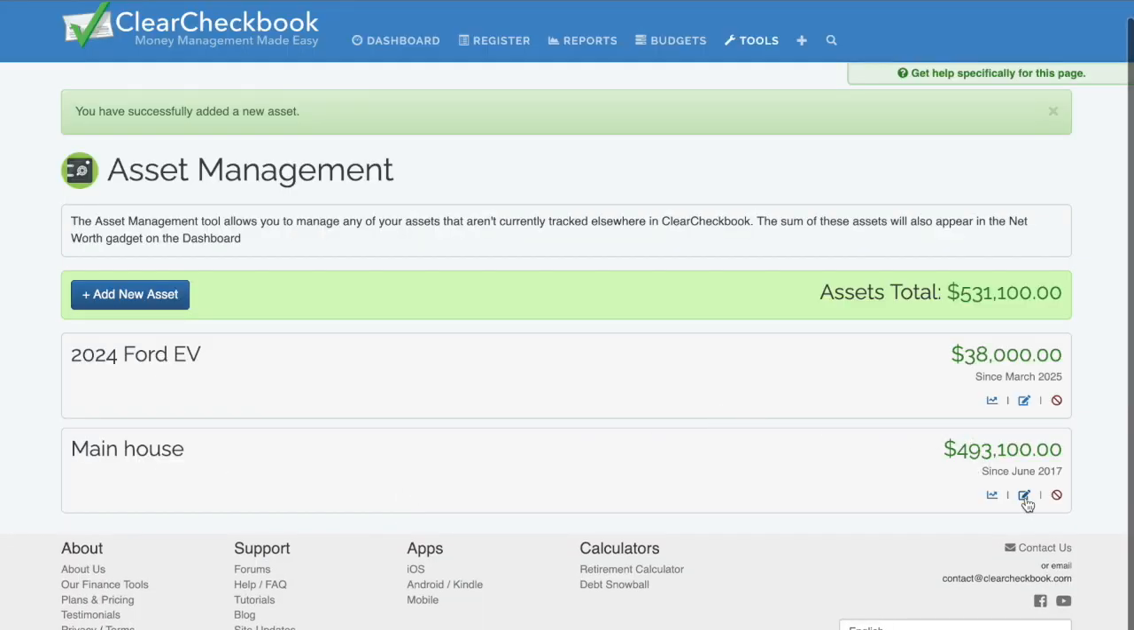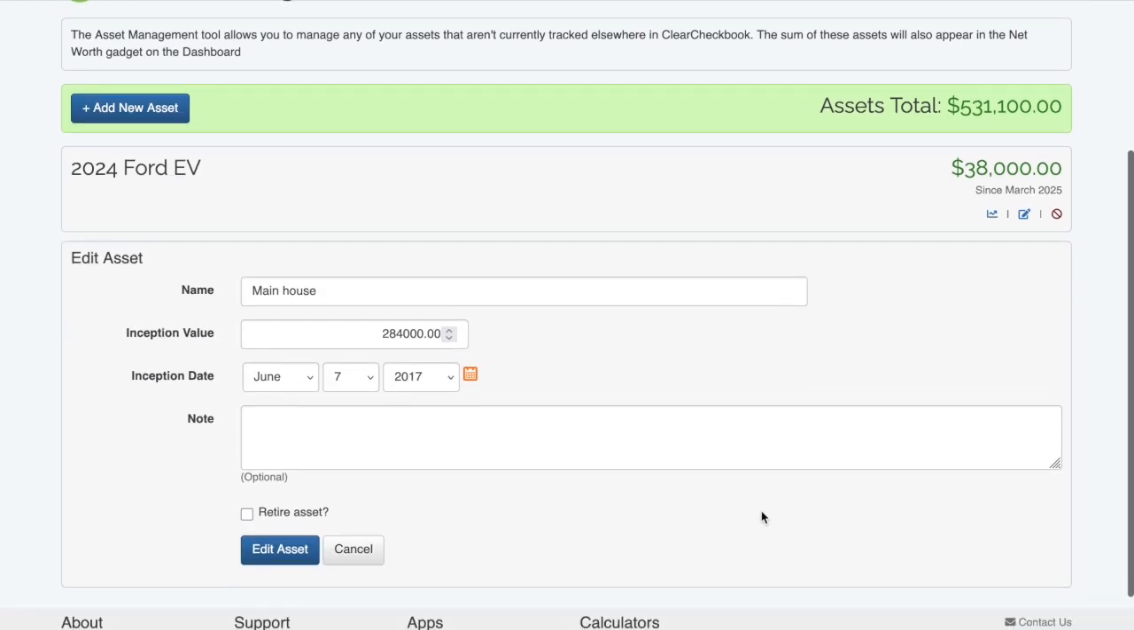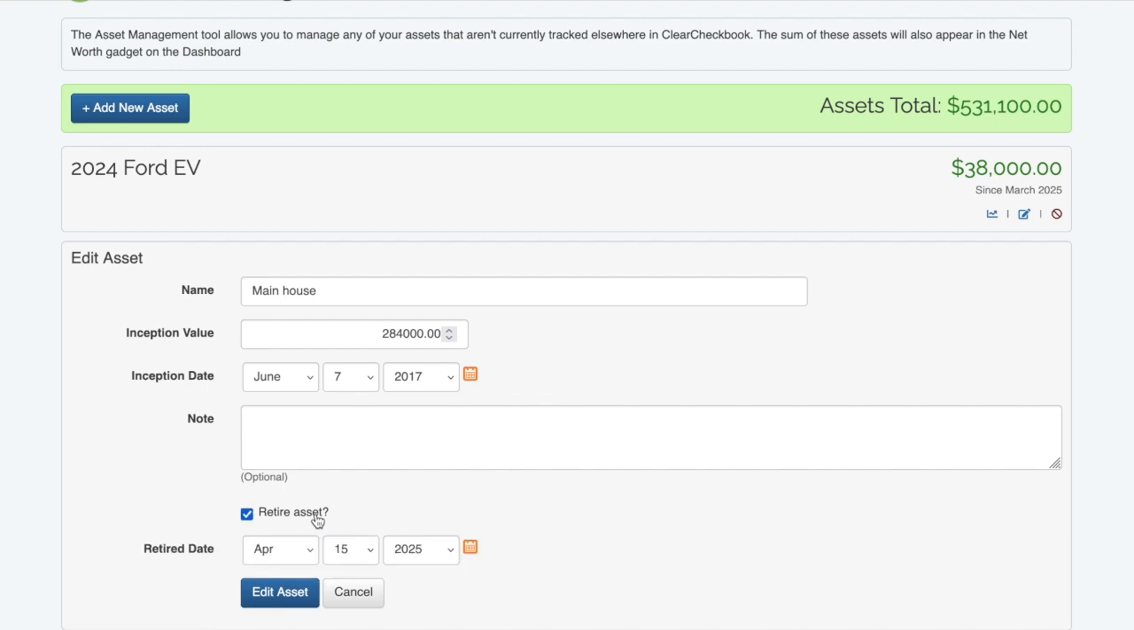The next link is a pencil icon which lets you edit the details of the asset. This is where you go if you no longer have the asset, but still want the values to be reflected in your net worth history. For example, if you sold your condo to buy a home, you don't want to lose the history of owning the condo. In that case, we'll mark the asset as retired, and then it will show up in a separate